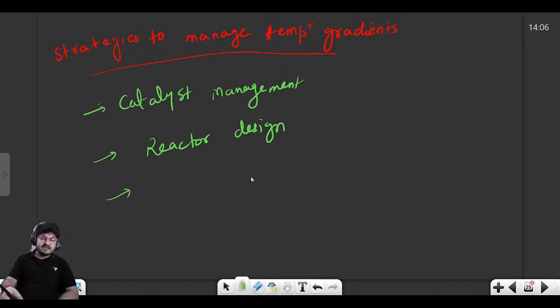ठीक है, अब यहाँ पे हम बात करें पहले कैटलिस्ट मैनेजमेंट की. तो हाउ वी कैन मैनेज द कैटलिस्ट, दैट इज द क्वेश्चन. ठीक है, तो हम ऐसे कैटलिस्ट यूज कर सकते हैं विच आर थर्मली insulated, means thermally resistant, which does not have any effect of temperature variation on them. ठीक है, मतलब क्या है, अगर सपोज हाई टेम्परेचर है तो वो विदस्टैंड कर लें, लो टेम्परेचर है तो उस पर कोई इफेक्ट ना हो। हम कैटेलिस्ट का डिस्ट्रीब्यूशन मैनेज कर सकते हैं कि लाइक रिएक्टर के एंट्रेंस पर हम ज़्यादा कैटेलिस्ट रखें और एग्जिट तक आते आते कम कैटेलिस्ट रखें, लाइक दिस अलोंग द लेंथ। कैटेलिस्ट लोडिंग जो है, इसे हम कैटेलिस्ट लोडिंग बोलते हैं। ठीक है, तो वो आप समझ सकते हो।